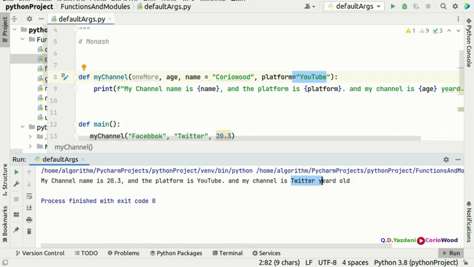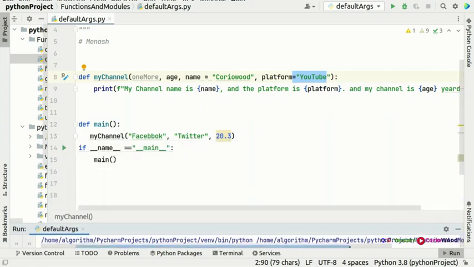So now what happens here, you guys are going to see a big mess, because this is a positional value. This one follows this one here. So it's going to take these two names, and you're going to see this is going to be very ugly, higgledy-piggledy. It's very hard to define which one is which. So keep in mind, whenever you put your default parameter,